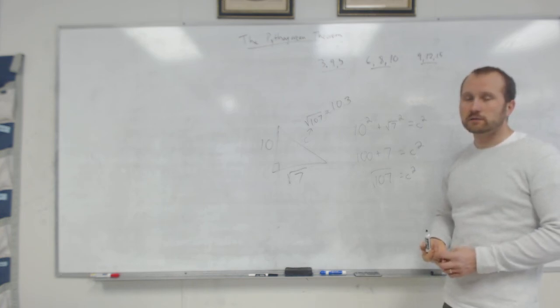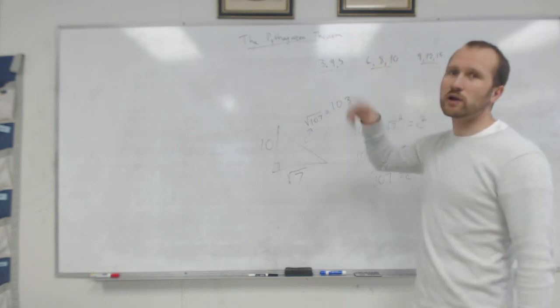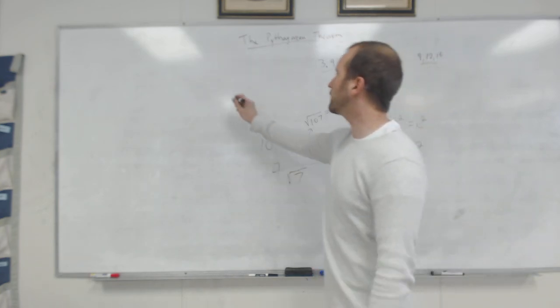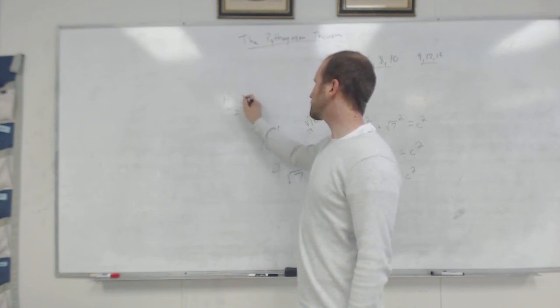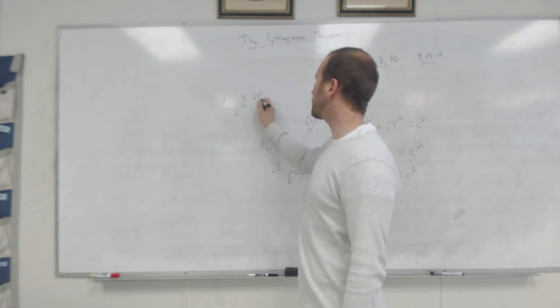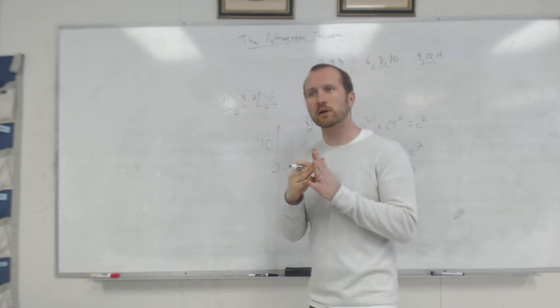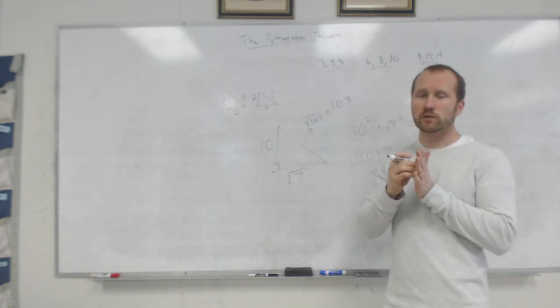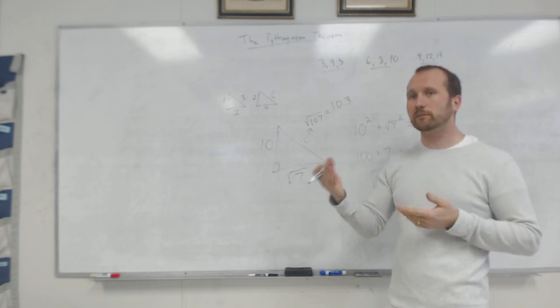So what I'm doing, these are called similar triangles. A similar triangle is a triangle with the same ratio of sides. So if this is 1, this is 2, and this is 3, if I multiply them all times the same number, 2, 4, 6, these two triangles are called similar. They're not congruent. Congruent would be if they had the exact same sides, but they are similar, which means they